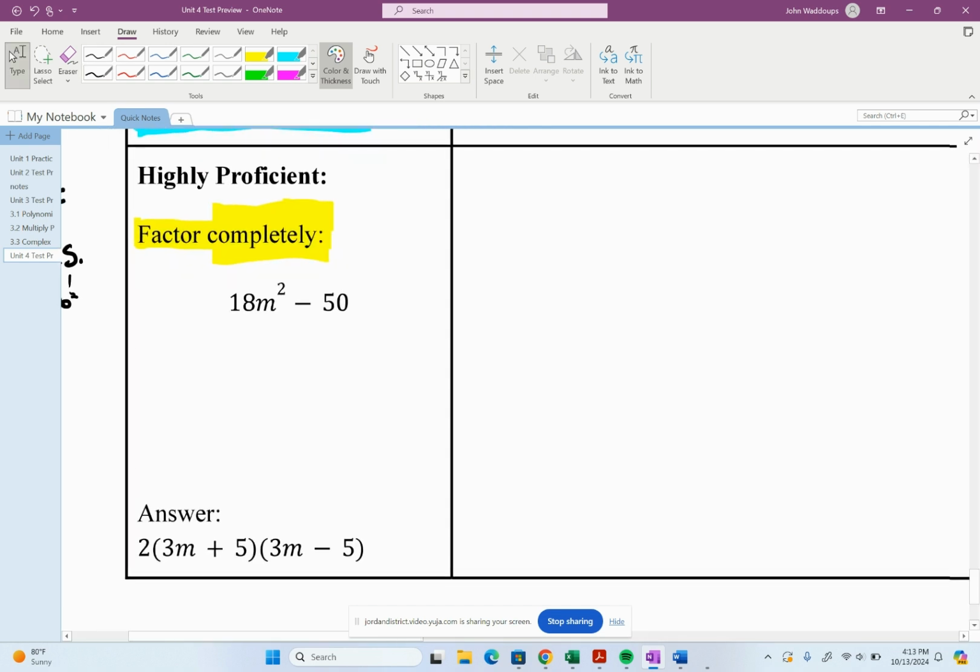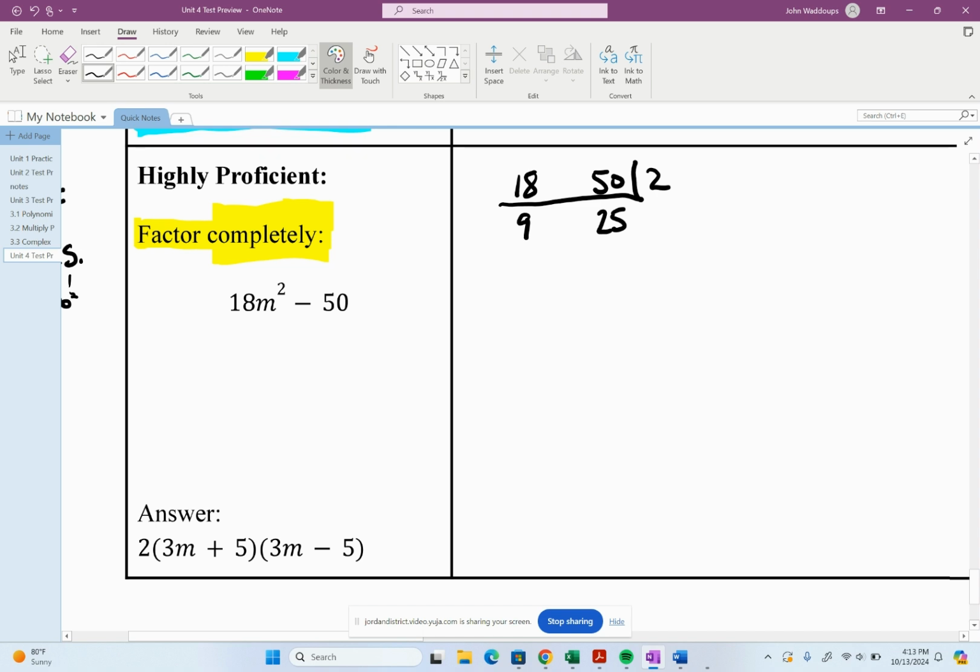So here, I've got 18m squared minus 50, and I notice that 18 and 50 are both even. So I'm going to start by dividing both of those by 2. 2 goes into 18 9 times, and 2 goes into 50 25 times. Now, 9 has 3 as a factor, 25 has 5, but those are prime numbers. There's no more